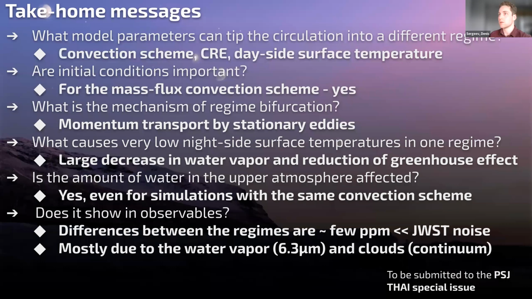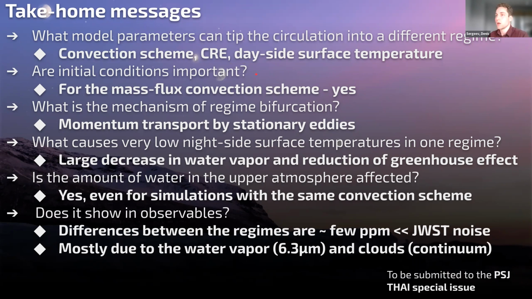So to conclude, the take-home messages are the following. To answer the questions I posed at the beginning, several model parameters can tip the circulation into a different regime. There is significant dependence on the convection scheme. One convection scheme is more robust to other perturbations compared to the other. Also, what is important is the cloud radiative effect and day-side surface temperature. I haven't shown this in detail in this talk, but I'm happy to talk about